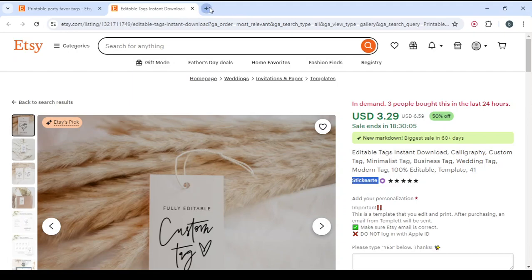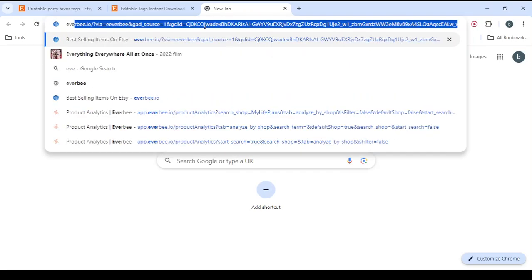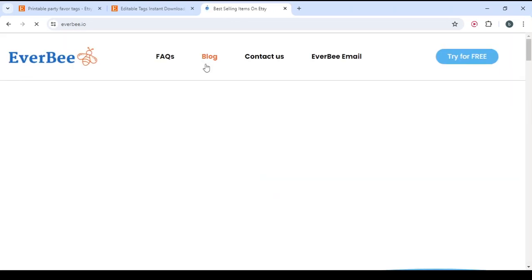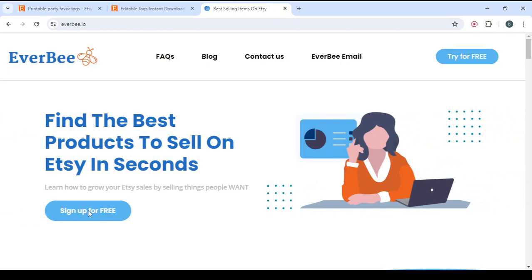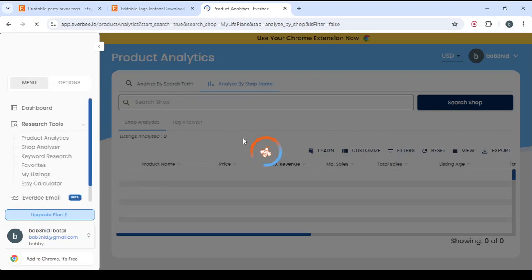And let's open a new tab, and here let's type Everbee, which is the name of the spying tool that we are going to use in order to see if this is really a winning product, and also in order to see this shop's other products, and also the insights, the data, and how many sales they have made over the amount of time that they spent creating this shop. So here let's wait for it to load,